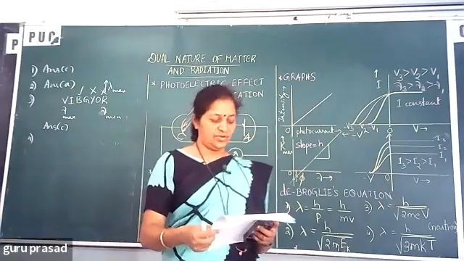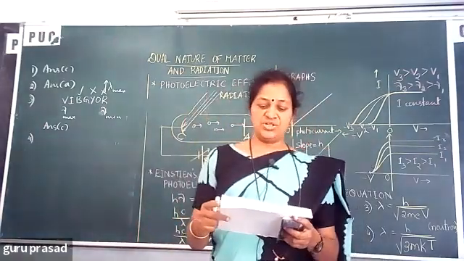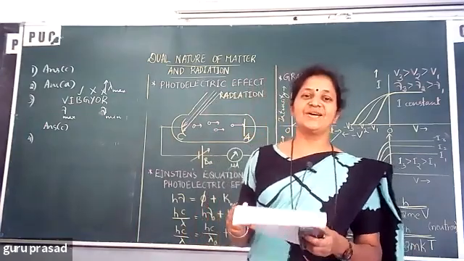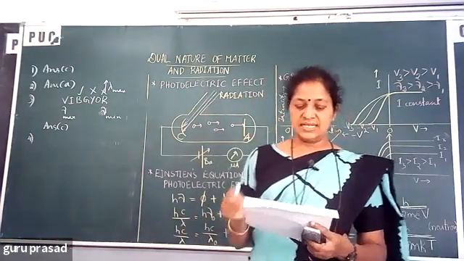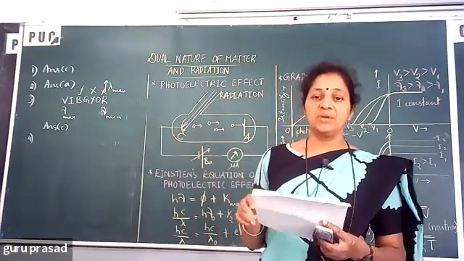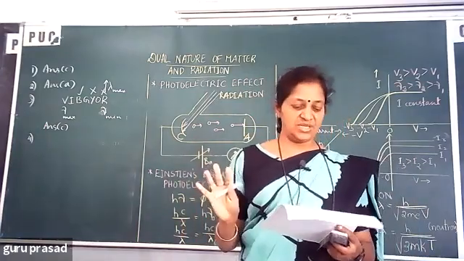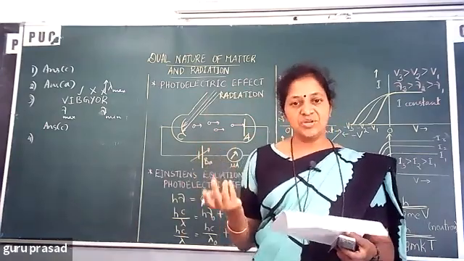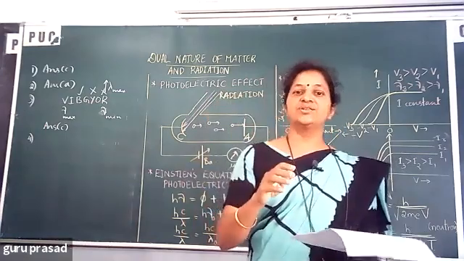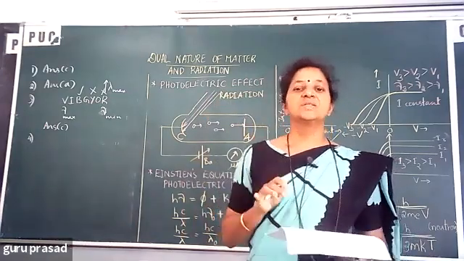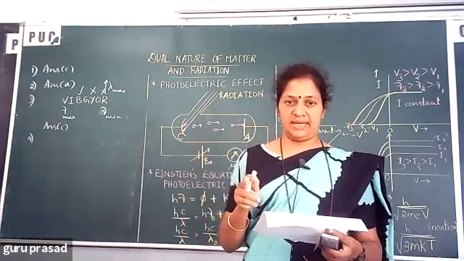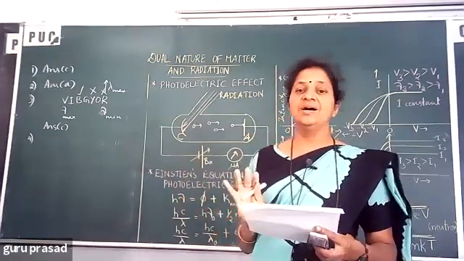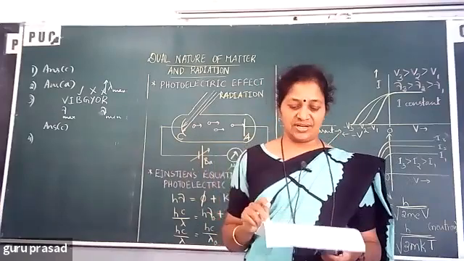Next, fourth one. In which of the following does emission of electrons not take place? So there are certain cases given. Thermionic emission, yes, it takes place. Photoelectric emission, possible. Secondary emission means larger speed electrons are made to hit the metal, and you get electrons again. So secondary emission is also possible.